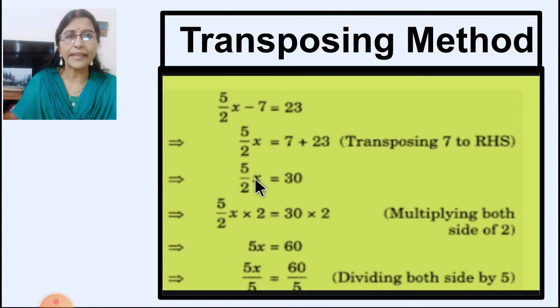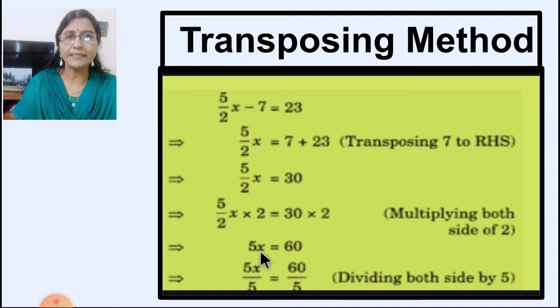Now you see 5x is divided by 2. So next we are going to remove this number which is dividing here. To remove this, we have to multiply. To remove this 2, we have to multiply by 2 on both sides of the equation. So it is written multiplying both sides by 2. This part you will not write in your exam. In rough paper you will just solve it. So this 2 you will multiply on both sides. So here 2 and 2 will be cut, only 5x will remain, and 30 into 2 is 60. Now we will remove this 5.